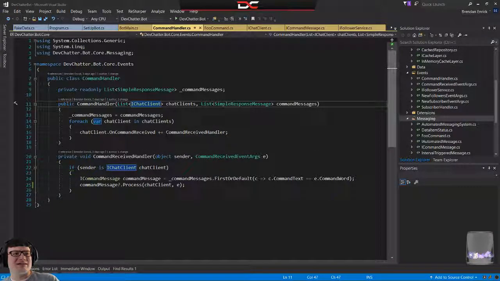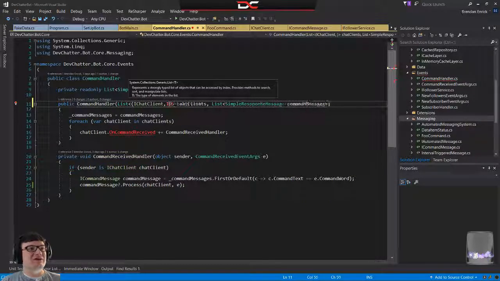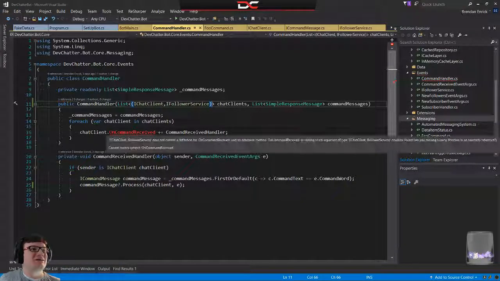So I like the idea that the follower service is only going to respond on the one that's related. So I think what we want to do is make it a list of the enum iChat client and follower service, and then say, so that's chat client,